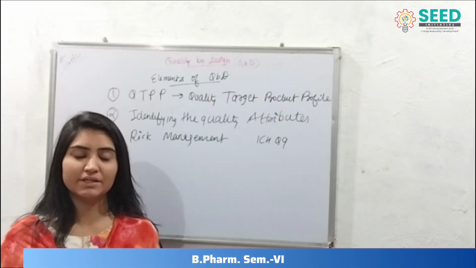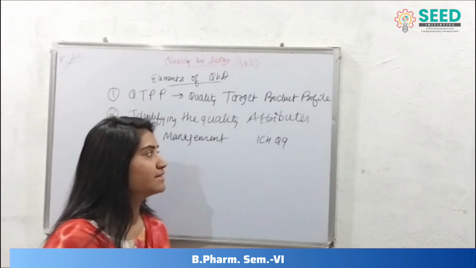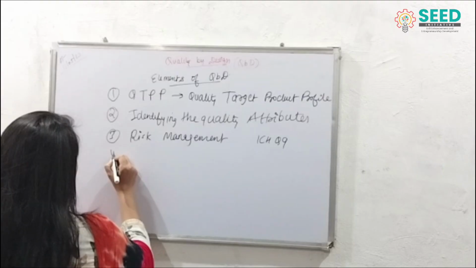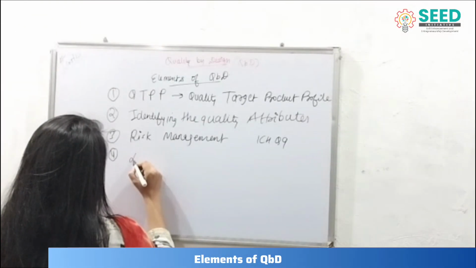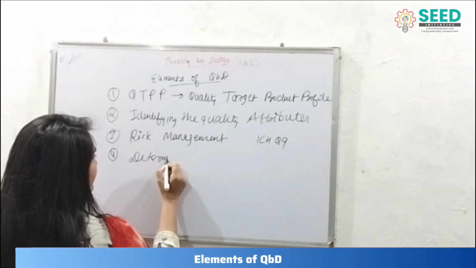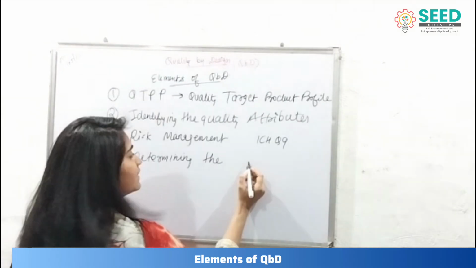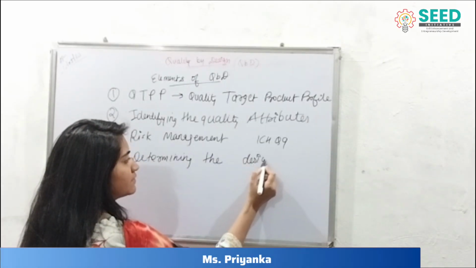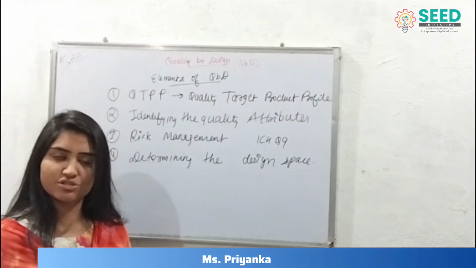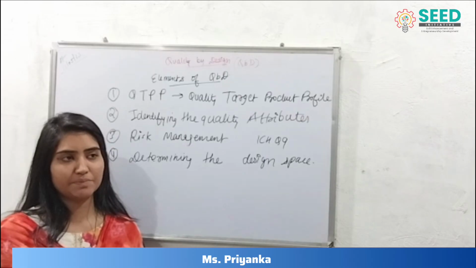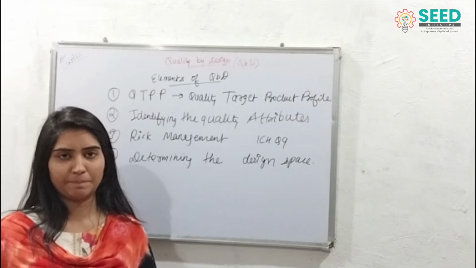And now we are here with the fourth element of QbD, that we're going to talk about: determining the design space. Now what it actually means, determining the design space means we can formulate a drug in any type of machine,